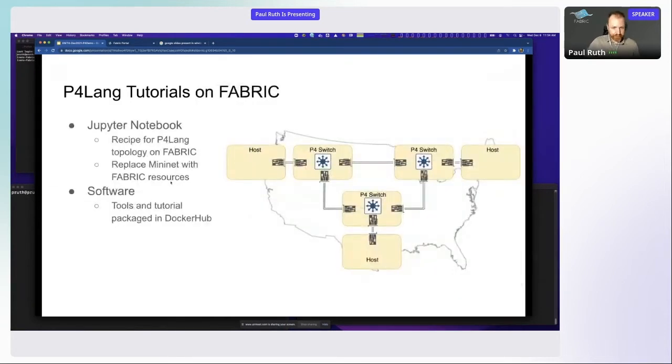So what I wanted to do, and what I did, is I took that topology and I mapped it to a Jupyter Notebook that will be available in our Jupyter Hub. Basically this Jupyter Notebook is a recipe for creating the P4 Lang topology that they use in their tutorials, but creating it on Fabric. And what it looks like is 3 P4 switches. In this case, they're VMs on Fabric, but